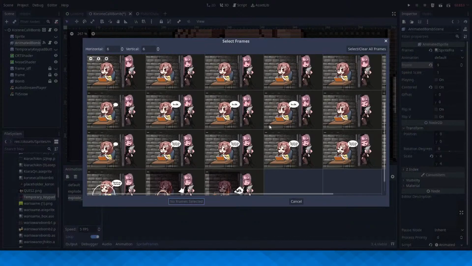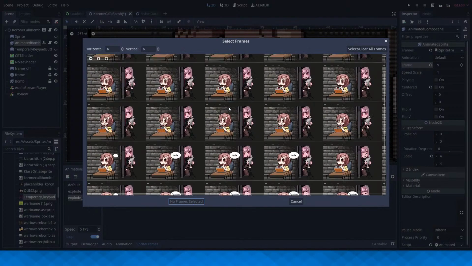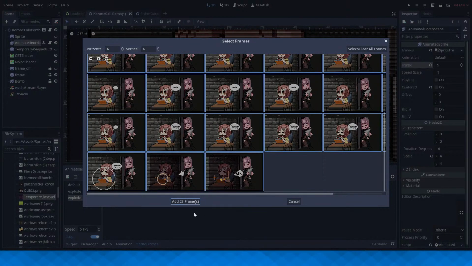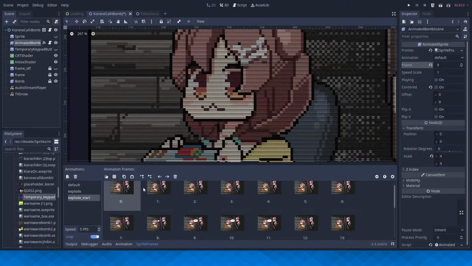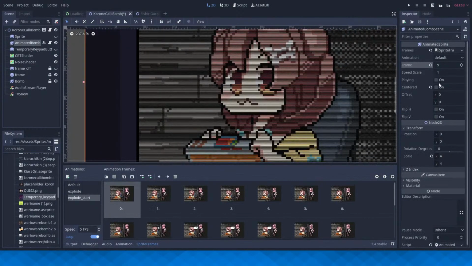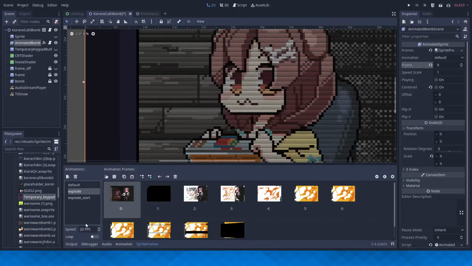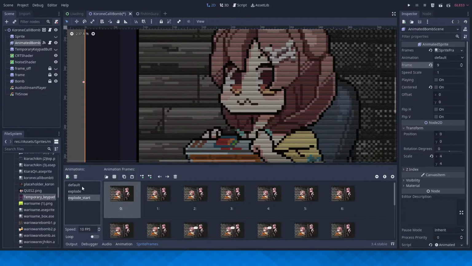So, this is the frame where she starts looking less happy, right? And now if I, explode start should be playing at 10 frames per second, and these should not be looping.